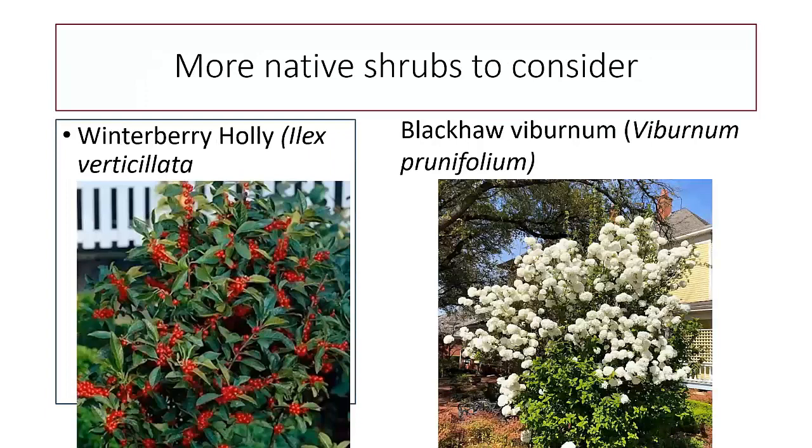Winterberry holly is a lovely plant that's used a lot. You see it a lot more in landscaping now, and it is a native. It's an interesting plant. You have to have both the male and female plants to get the plethora of berries. I also have a picture there of the black haw viburnum, which is a slightly larger shrub. There are varieties of the winterberry which will stay smaller. The black haw viburnum is a pretty large plant, but it's very showy, with great showy flowers, and you get nice berries on it in the fall.